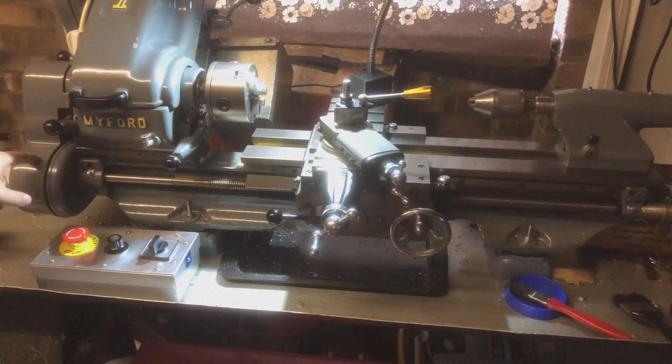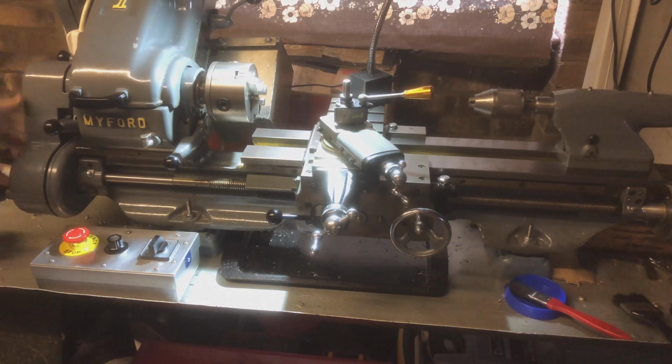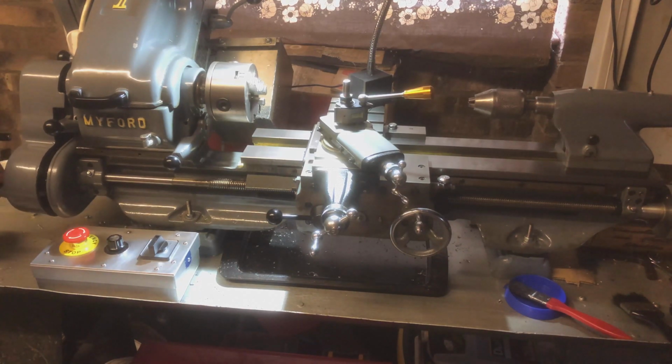It's even the same colour as this machine, which is always a bonus, because a lot of the times you get them, they were just shipped in the standard green, not the grey. So to have the grey one to be able to just put on, complete with its wheel covers and guards and everything, and an instruction fitting manual, it's going to transform this machine significantly. It means I'll be able to do threading a lot easier, because at the moment I have to do the change wheel dance to be able to sort all that out,